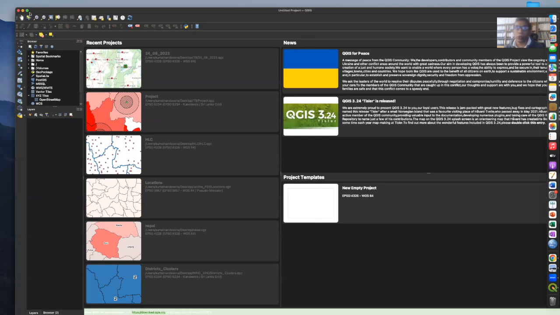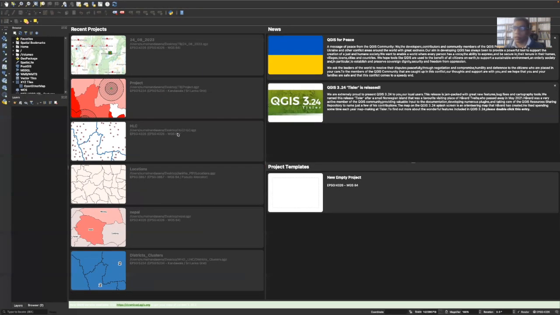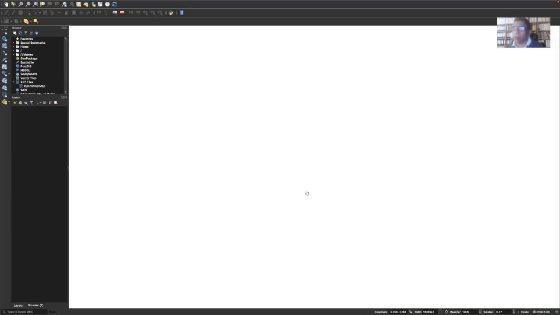Now, when you click the QGIS icon, you might get an interface like this at first. Here it shows the previous work that you have done if you have worked on QGIS. Also you have a new empty project. Let's open a new empty project. So we'll complete this exercise using